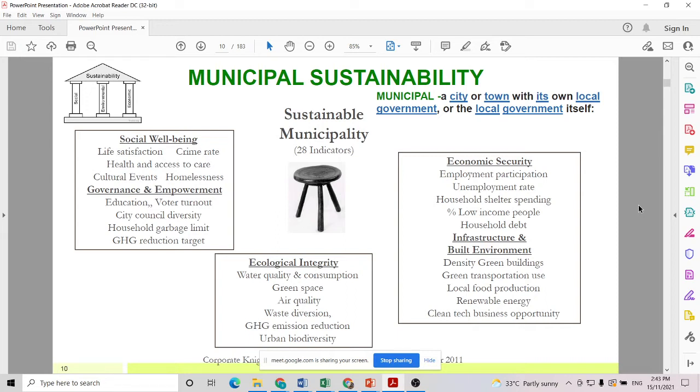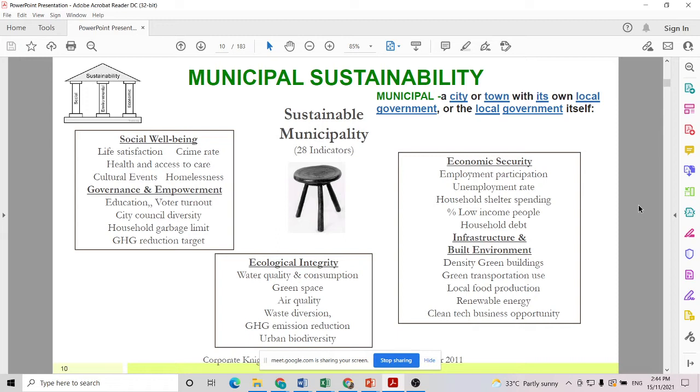Basically this government will monitor all the states, and the administration will go to the federal. So federal is the government of Malaysia. But when we talk about municipal, it is smaller. It's a city, and they have their own government.